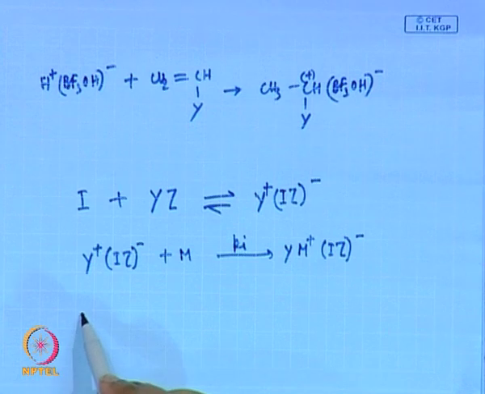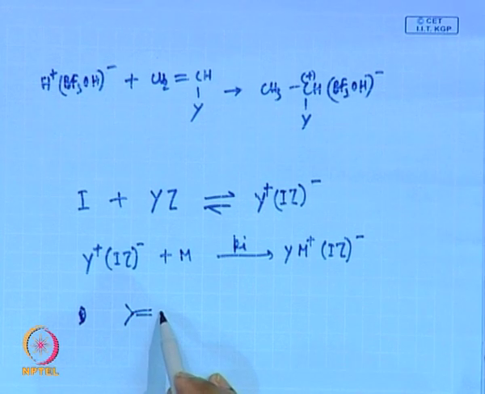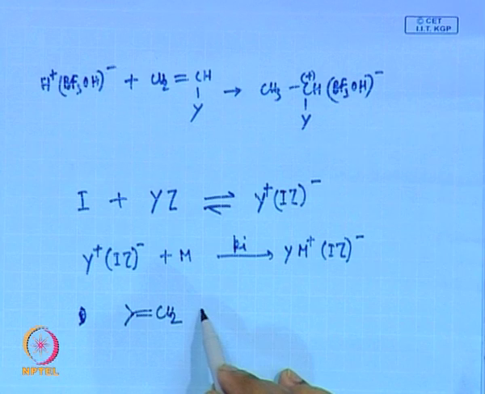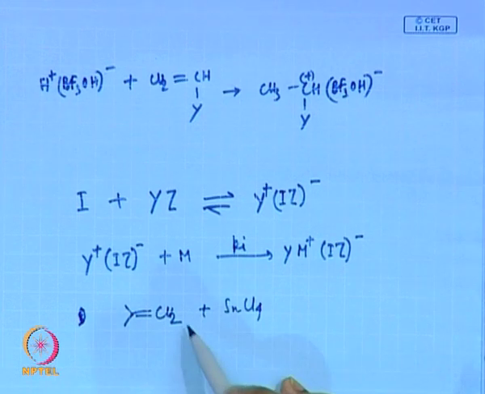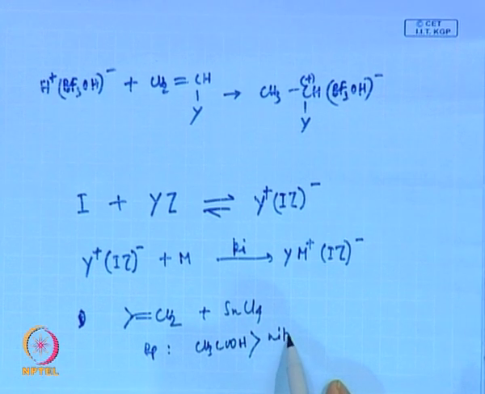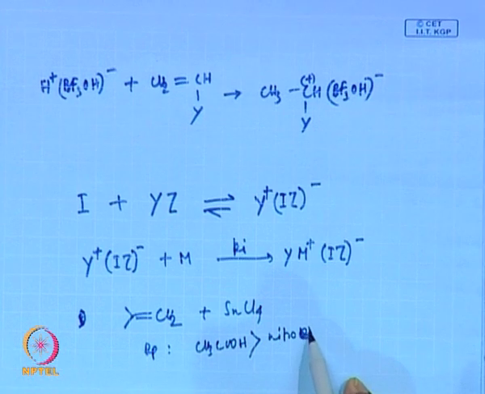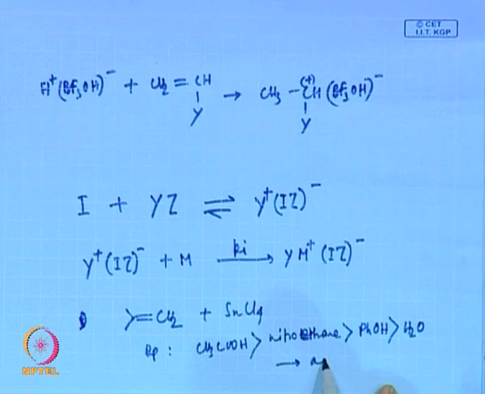For example, if I consider the cationic polymerization of isobutylene by tin chloride catalyst, then the reactivity of this reaction, or the rate of reaction Rp, follows the order like this: nitroethane, phenol, water, which is basically the ranking of the acidity